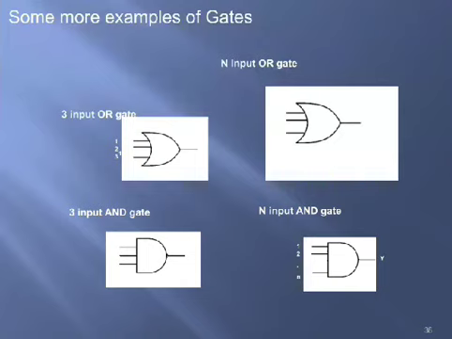You can also observe that till now we have seen only 2 inputs. We have discussed the basic gates considering only 2 inputs, like the 2 input OR gate and the 2 input AND gate. You can also have basic logic gates with more inputs, that is a 3 input OR gate, and an n input OR gate with more than 3 inputs, a 3 input AND gate, and an n input AND gate likewise.